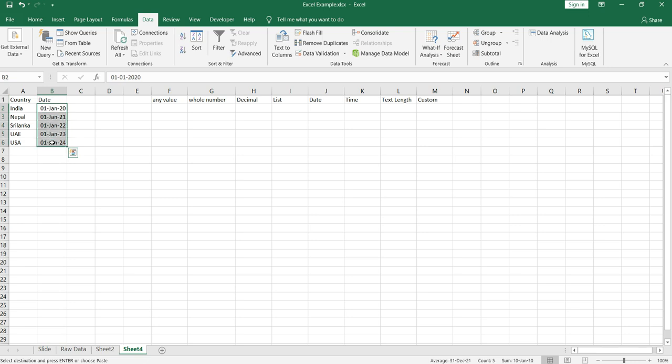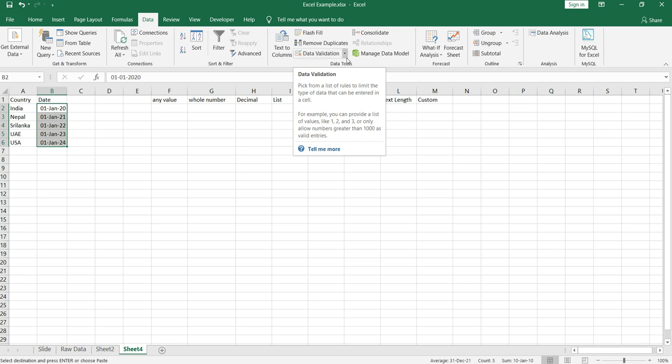we have our dates. To find out about data validation, you can go to Data and hover over Data Validation, and you will get a definition of what data validation is. It states: pick from a list of rules to limit the type of data that can be entered in a cell. Okay, so let's go to our first example.